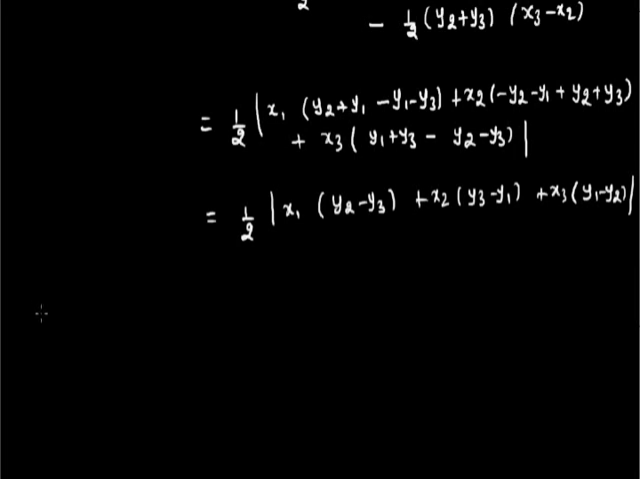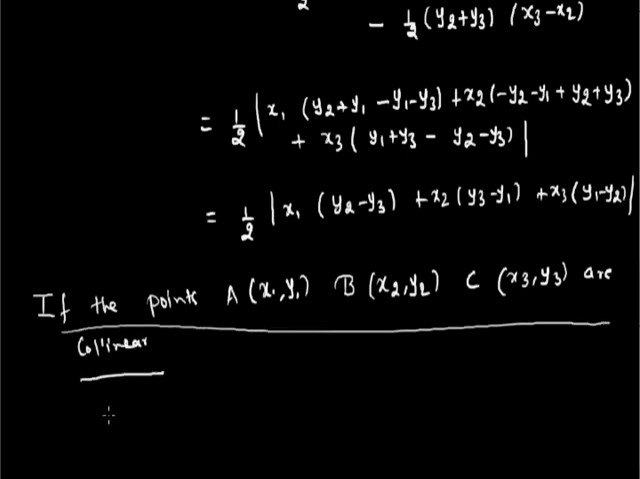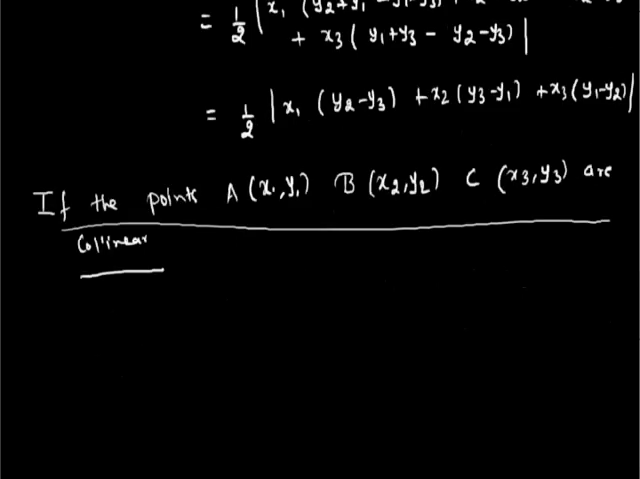Now, if the points A (x1, y1), B (x2, y2) and C (x3, y3) are collinear, if these 3 points are collinear, then area of triangle